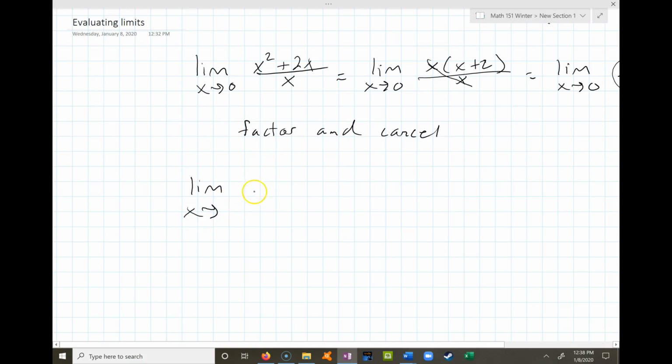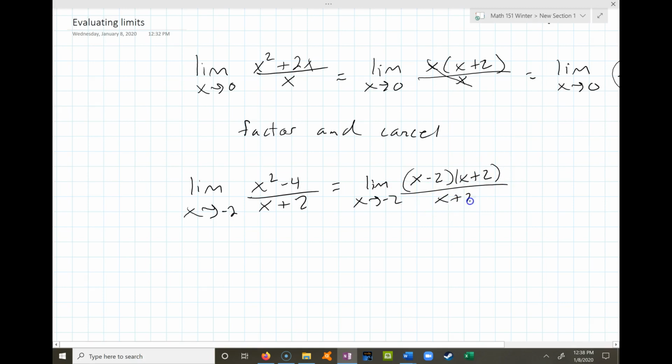If we have, for example, x squared minus 4 over x plus 2, and let's say x is approaching negative 2. Once again, if we let x approach negative 2, this overall thing approaches undefined, because we'd have 0 on the bottom. So we rewrite it as a limit as x approaches negative 2, and the top I can factor into x minus 2, x plus 2. And once again, because x plus 2 is a factor of the top and x plus 2 is a factor of the bottom, and it's not going to be equal to 0 because x is approaching negative 2, not equal to negative 2,